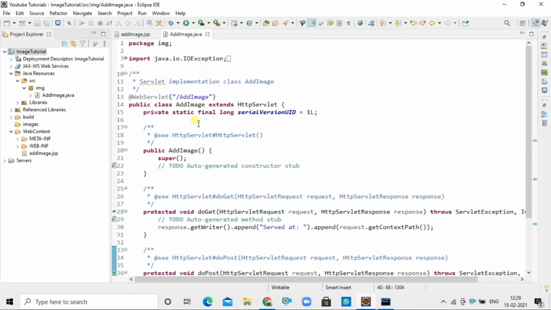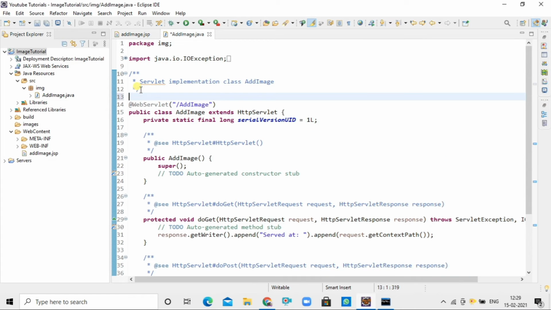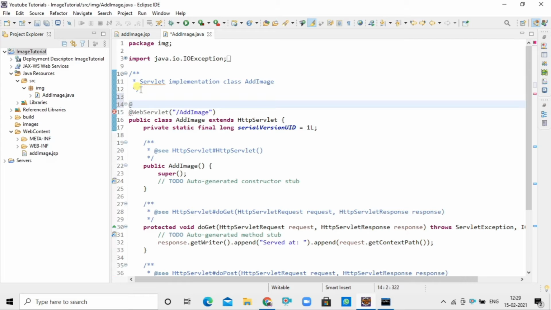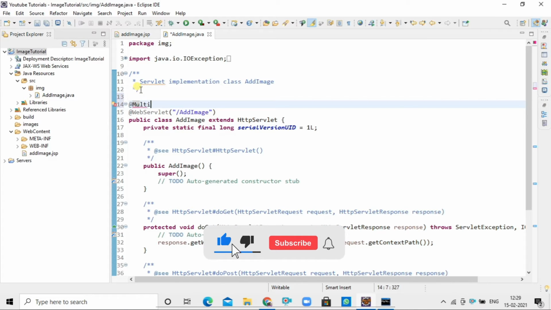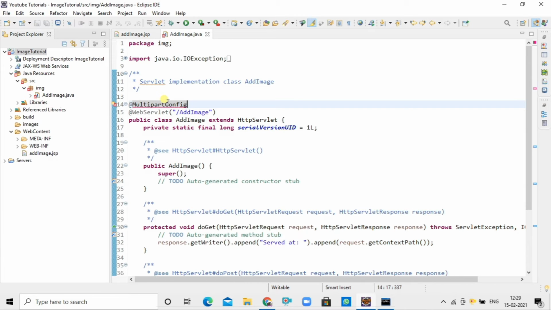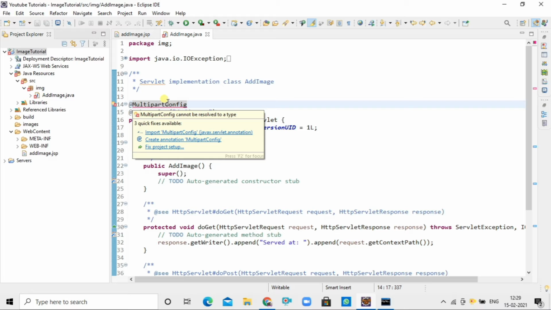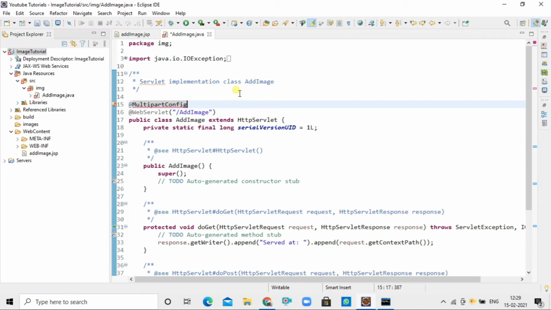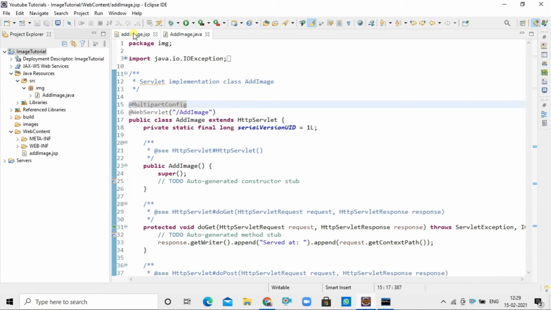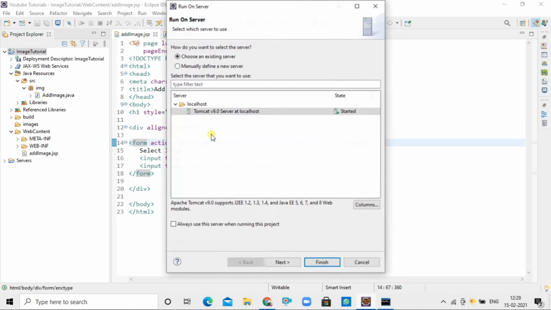And also at the AddImage servlet we have to add the annotation MultipartConfig. Let's run again.